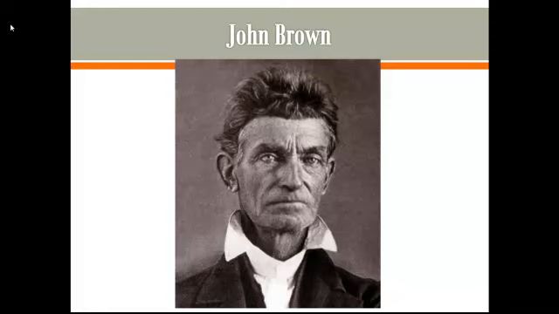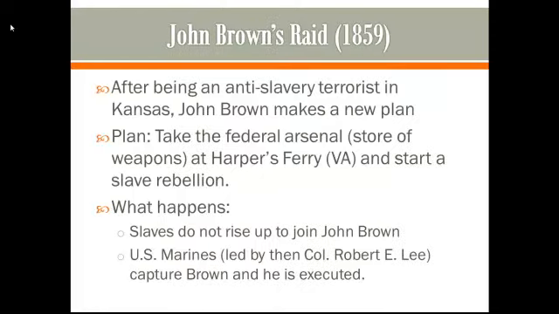Now, John Brown had made a name for himself in Kansas. During Bleeding Kansas, John Brown had taken his sons into the territory and had made a name for himself by murdering slaveholders and trying to incite slaves against their masters. One story involves John Brown going into the home of a pro-slavery family with his sons and hacking them to death with swords. And so John Brown is an anti-slavery terrorist. He is fighting, destroying property, and murdering people.